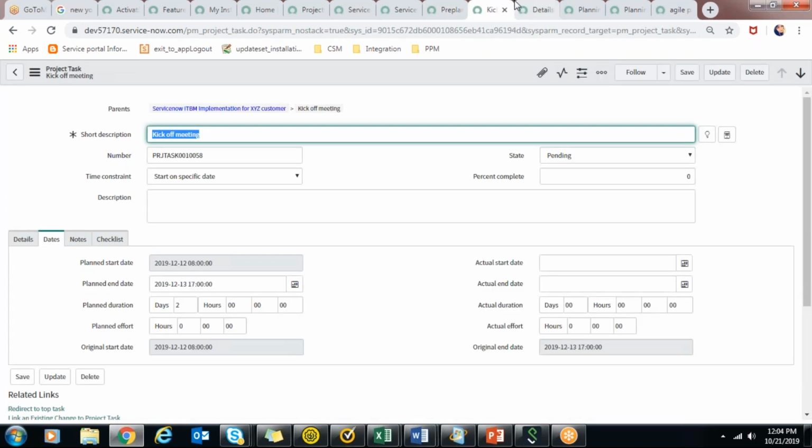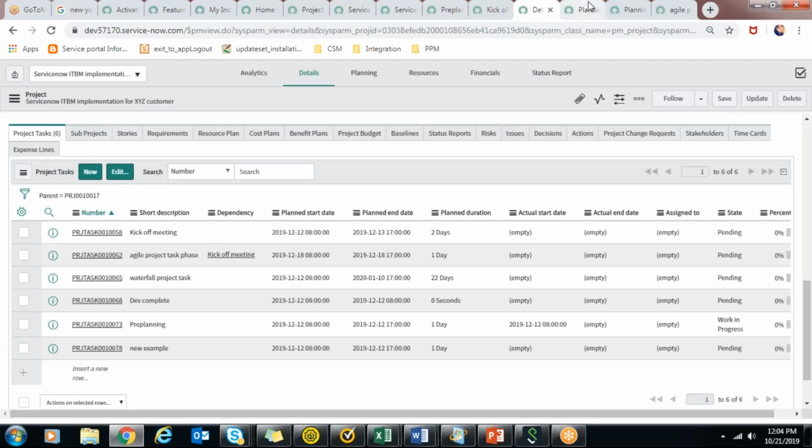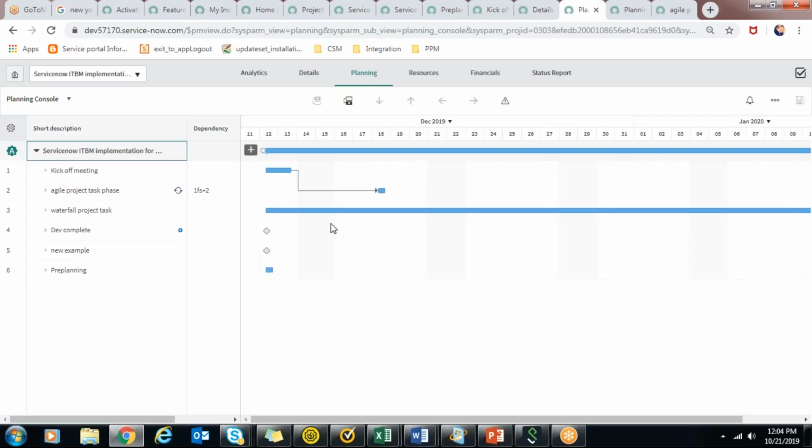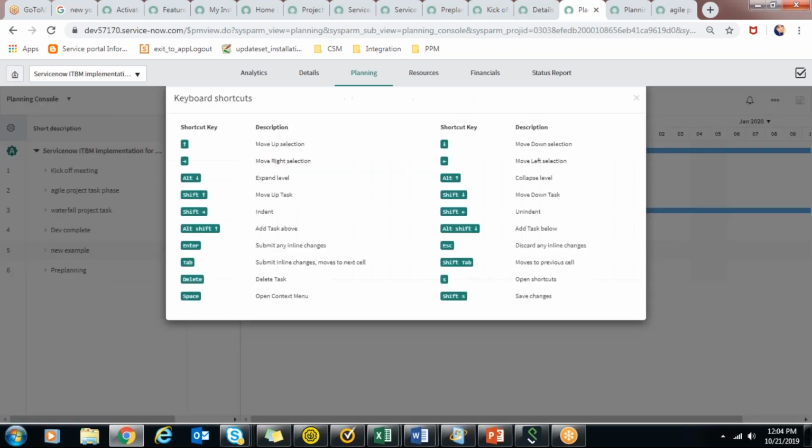So until this planning console opens up, yeah, it's here. See this new example, this diamond shape is here. You can then define the dependency that after development is complete, this 4FS, you can just double click here, add 4FS.